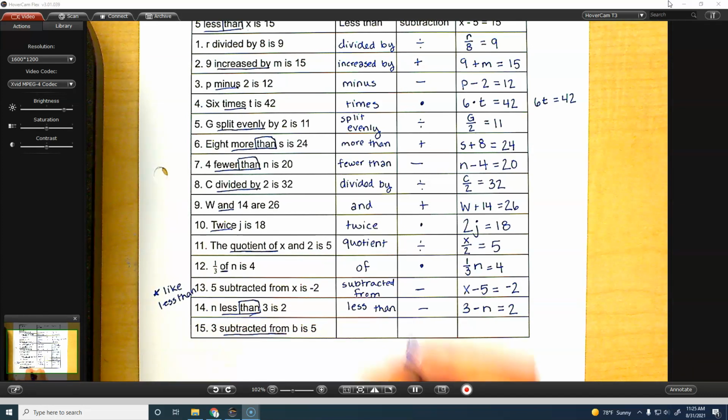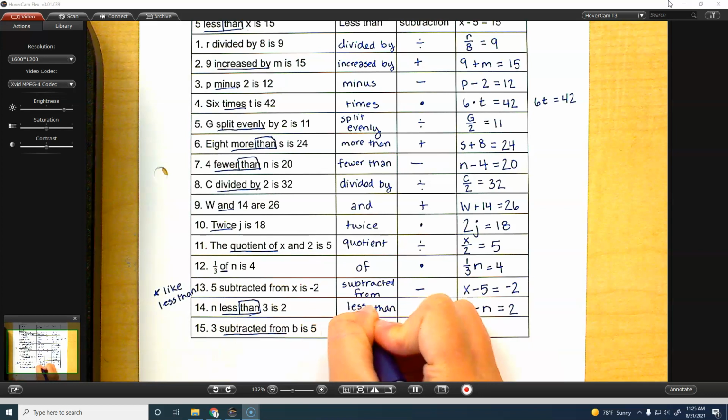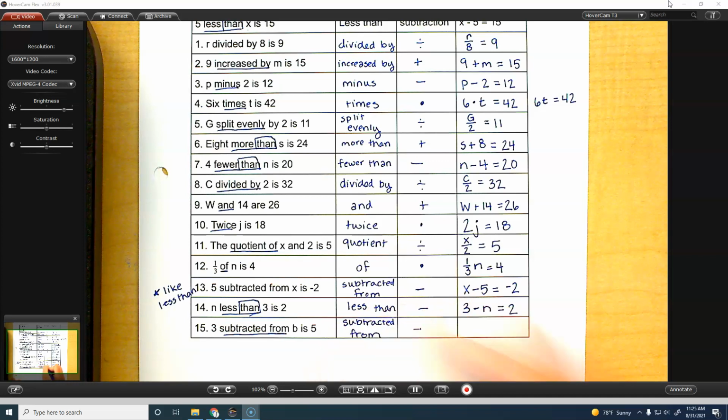Okay? Our last one is subtracted from. Which is a minus. And for this one, Cameron, how would I write that one? Perfect. B minus 3 equals 5. And see here that we got 3 subtracted from, so it's got to be the minus 3 on the end. We got B that actually comes first. Those are the ones that trip students up the most. Okay, so